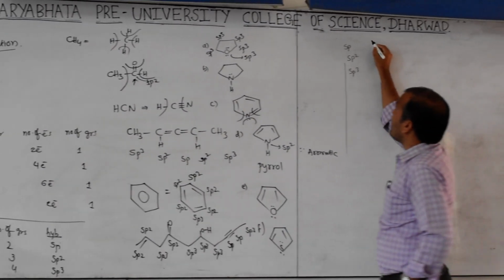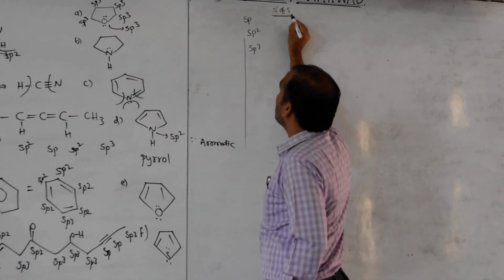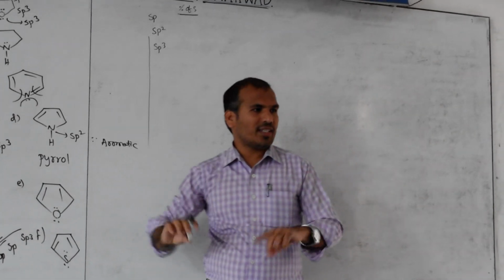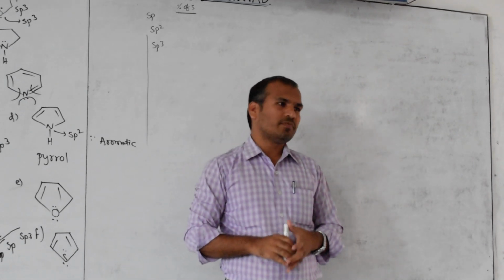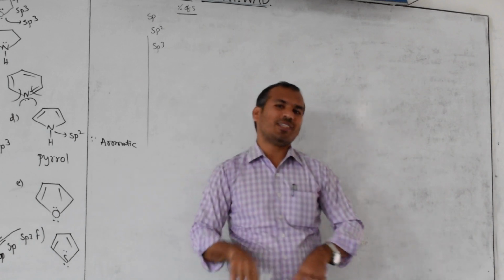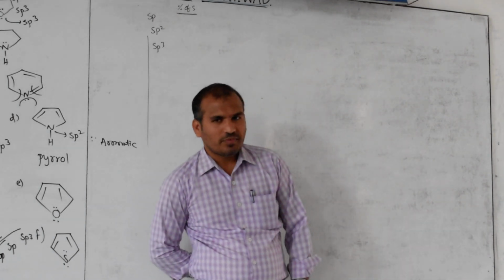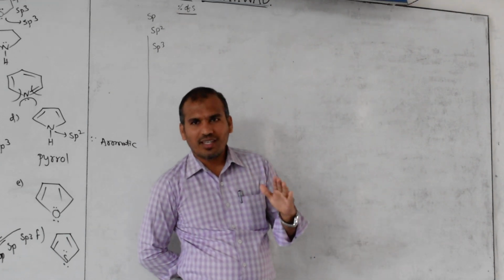Then what is the percentage of s character? Percentage of s character. Now in the class, boys and girls both are there. What is the percentage of girls in the class? Except me, I am not included. Now only you, the boys and girls, can say. What is the percentage of girls? How to calculate? Numerator over the division: girls over total of girls and boys.